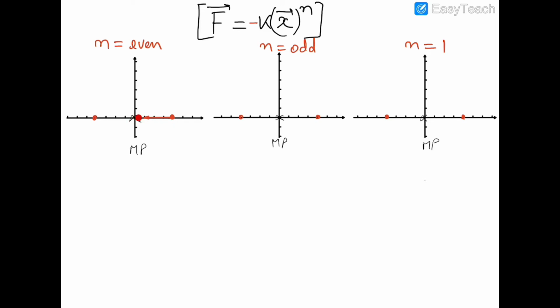Now when it will pass through origin, the force on this particle at origin would be 0, but it would not stop at this point. In fact, it would keep moving, because when this particle will reach on negative x-axis, then x would be negative, but negative to the power even is positive, and therefore force is still negative. So this force will keep on acting in the reverse direction, and therefore the motion of this particle would be linear motion or motion in a straight line. So I can say that this is a linear motion or motion in a straight line.